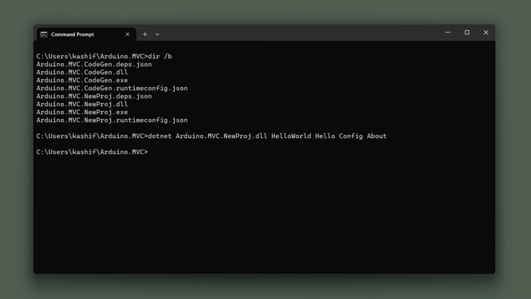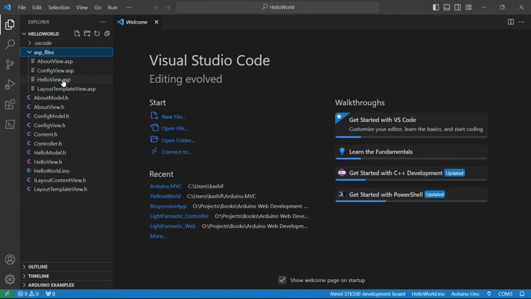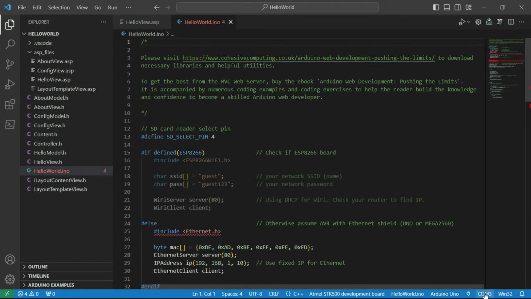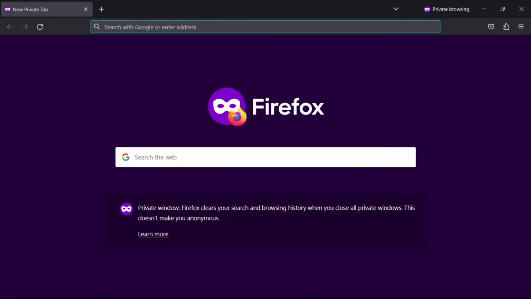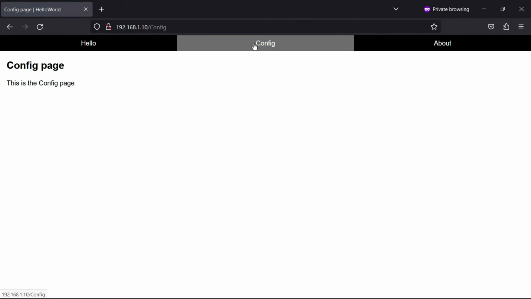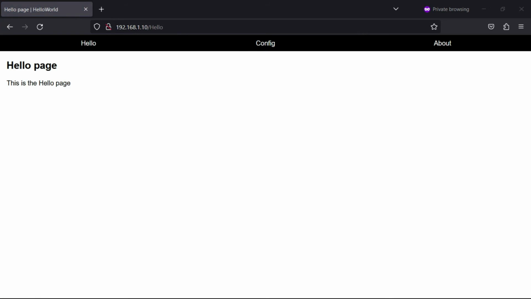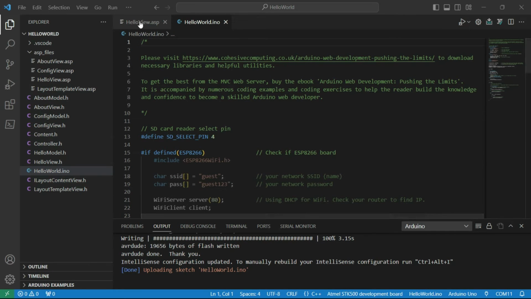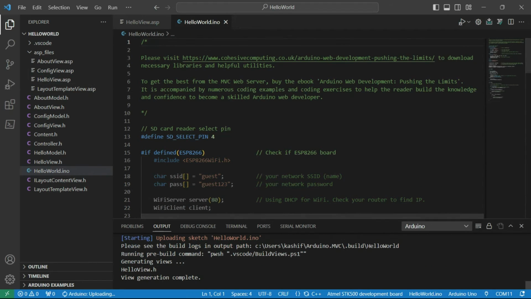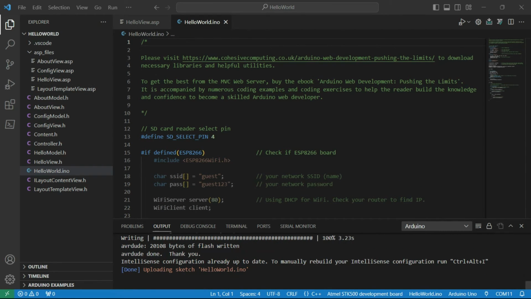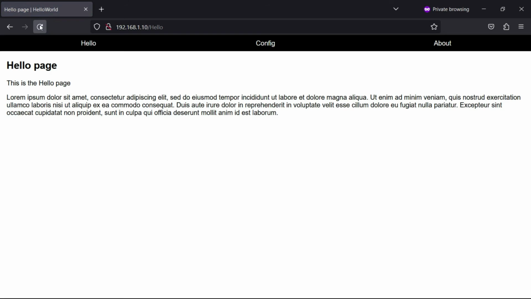New web projects can be created from the command line and opened in Visual Studio Code. If I now deploy to an Uno with Ethernet capability, we see starter web pages and a responsive navigation menu. If I paste some code into one of the ASPs and redeploy, when I refresh the browser, we can see the updated web page. And that is how straightforward it gets when you integrate the View Builder with Visual Studio